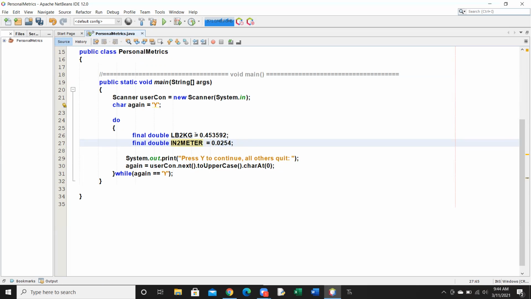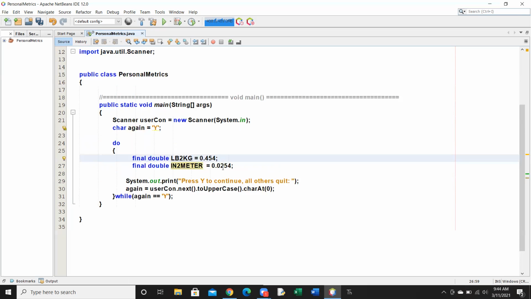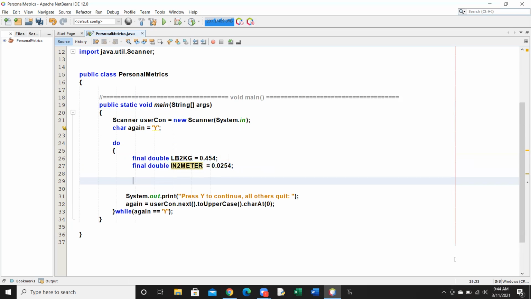Okay. Again, these aren't going to change. They're never going to change unless there's some major change. I mean, we could cut this down to 3 digits. We could make this a 4 on the end here if we wanted to. In fact, I think I will. That way I only have 3 digits to worry about there. So those are my constants, right? So this is going to deal with our